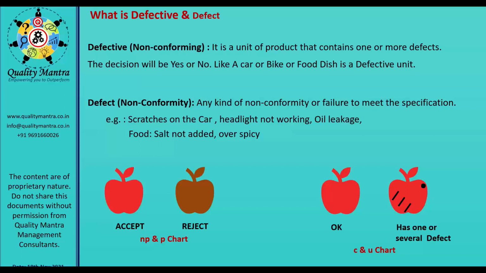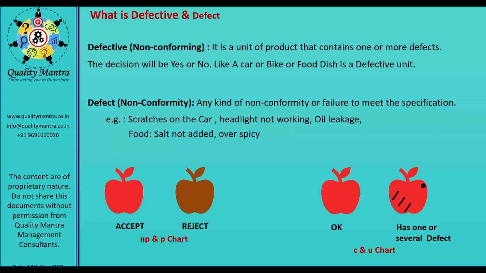If you take the case of an apple, either you will say the apple is accepted or the apple is rejected. If it is completely rotten or decayed, you will say it is not accepted, you will reject it. So this data, how many apples have been rejected, means you are not going to utilize it for the intended purpose. जो उसका पर्पस था उसके लिए आप यूज नहीं करोगे, आप वो फेंक दोगे, आप बायो फर्टिलाइजर बनाओ, whatever you want to make, you make it using that, but you are not going to use it for eating, so it means it is rejected.